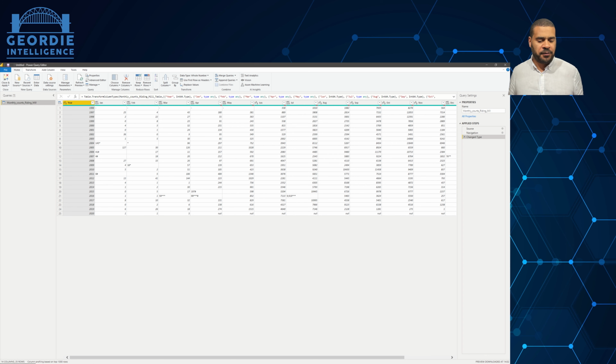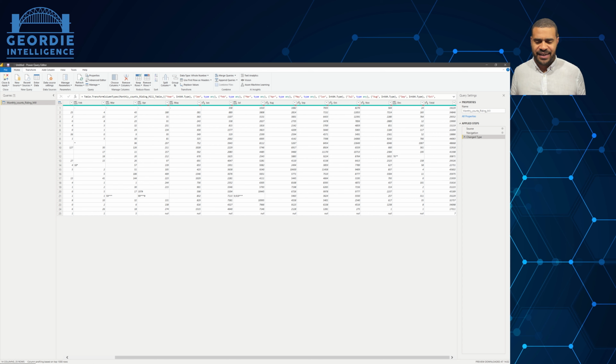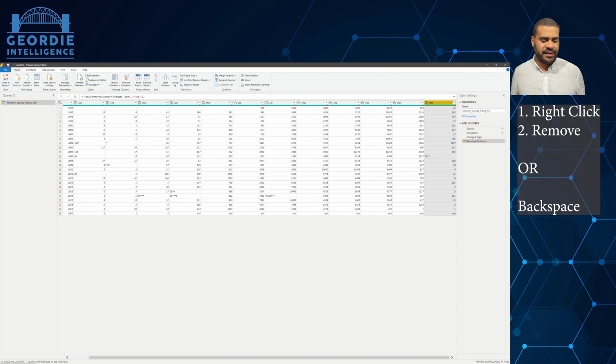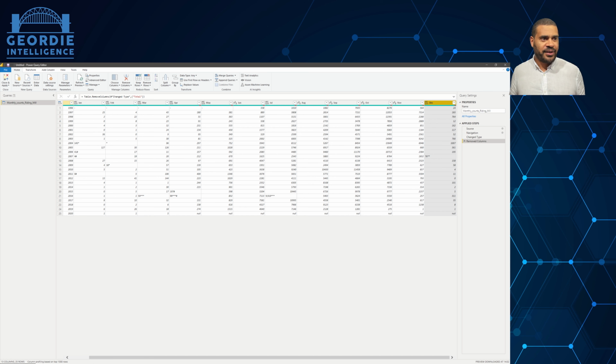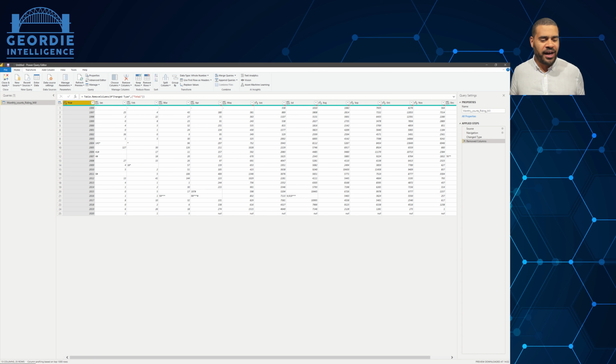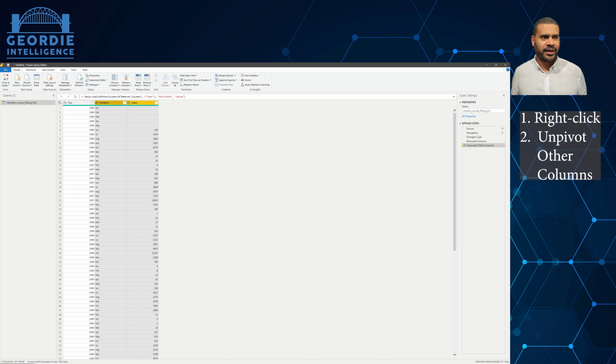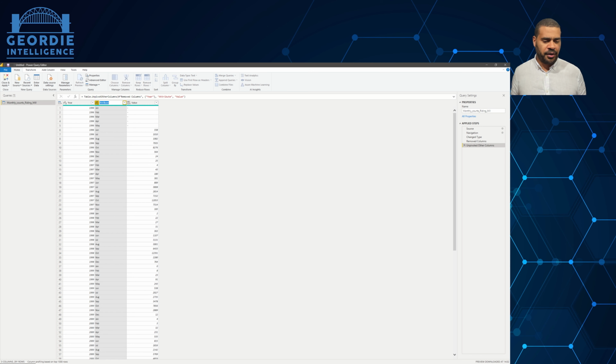First thing, we didn't need the total. The totals are just bad, so we can right click on those and remove the columns. Easy. Now we don't have a total at the bottom. Next thing, what you want to do is highlight the first column, and then right click on it, and choose to unpivot the other columns. Watch and learn. We'll end up with our months